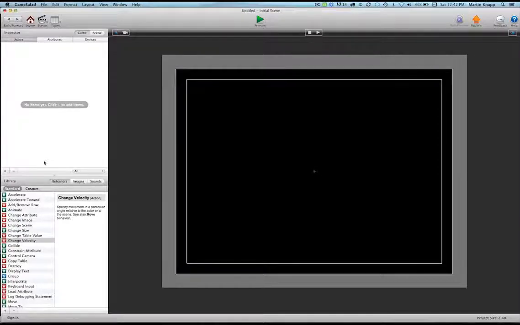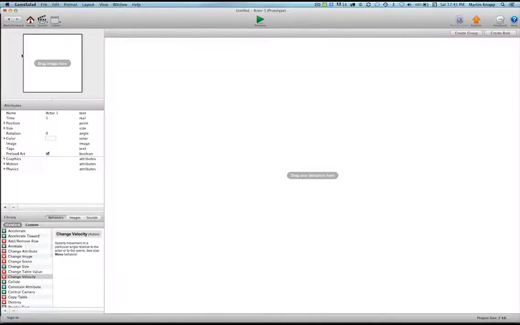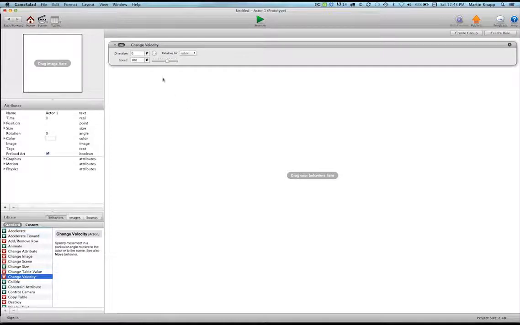So the next attribute we're going to look at is the change velocity attribute. Again, we'll create a brand new actor. We have actor 1 here that we can double click on. Then we can simply drag and drop change velocity into this behavior area. You can see that we have a direction and a speed, and a dial where we can change the direction, and of course a dial where we can change the speed, or we can just simply type in these